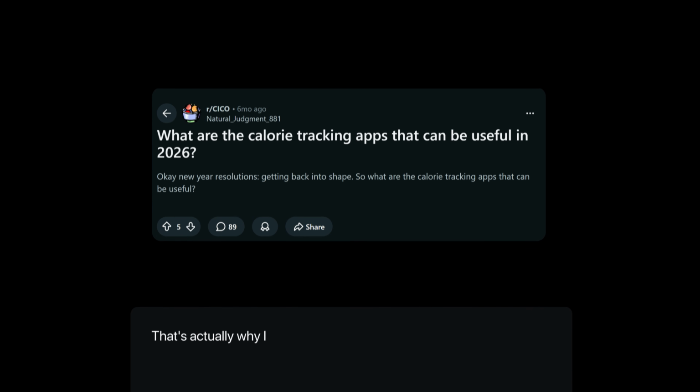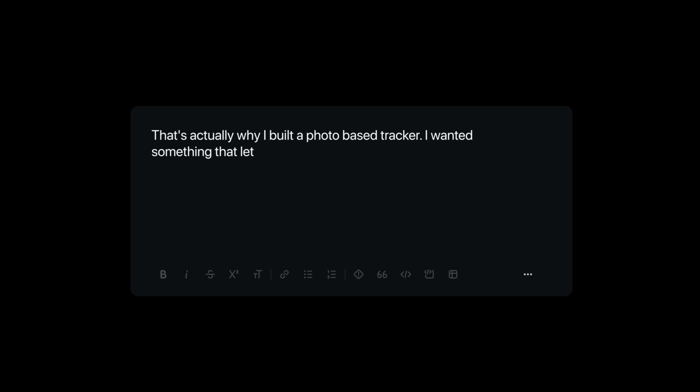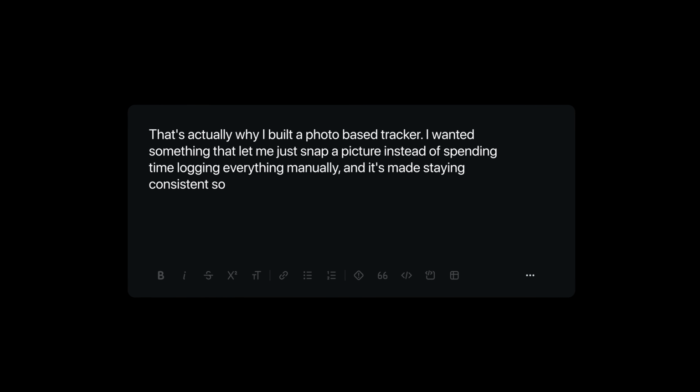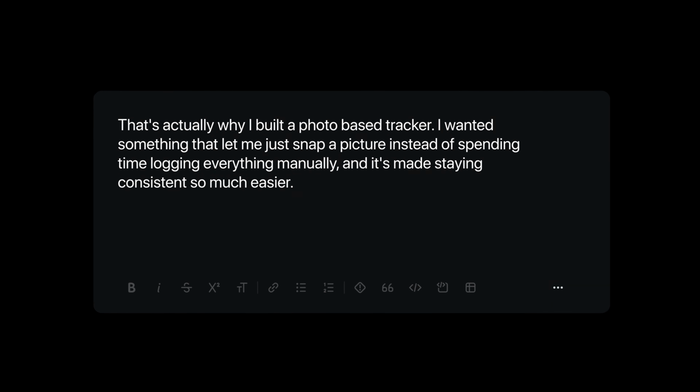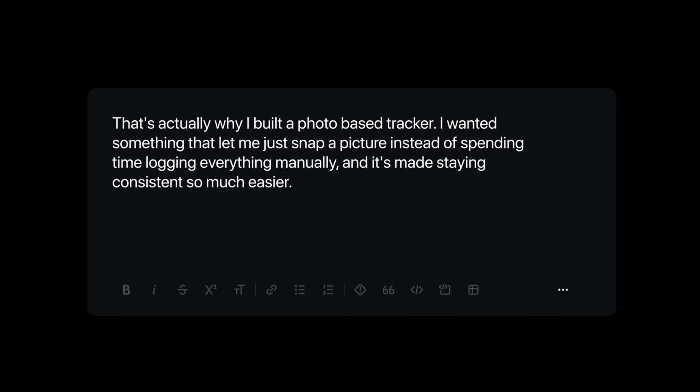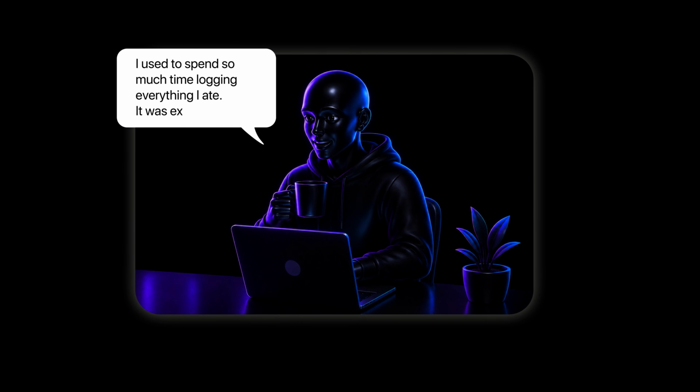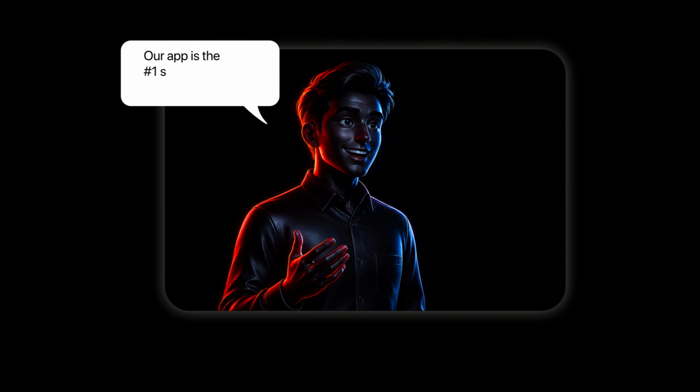Then you need to reply to these posts with genuine empathy for the struggle first. Then just mention that you built something specifically because manual food logging burned you out too, and that the photo-based approach removes almost all of the friction. Authenticity matters enormously here, because these communities have seen 100 thinly veiled app promotions and will download anything that smells like marketing. What works nowadays is sounding like a person who solved their own problem, not just a founder who's